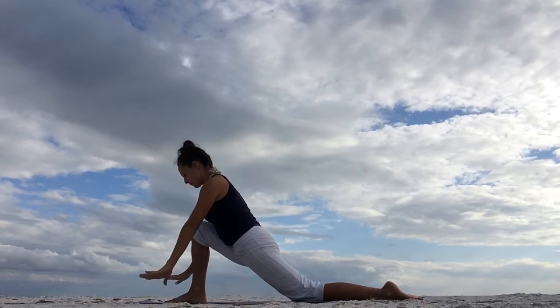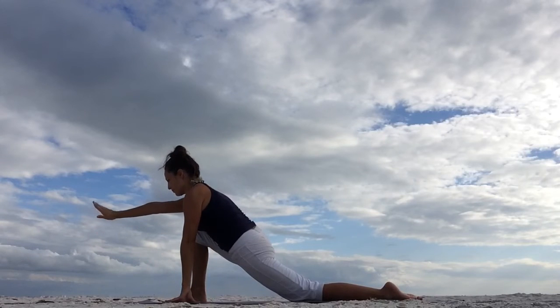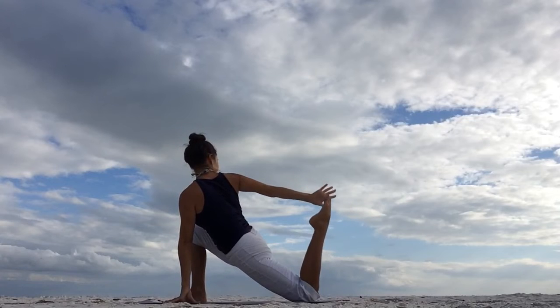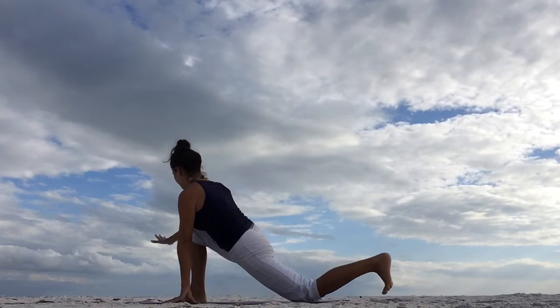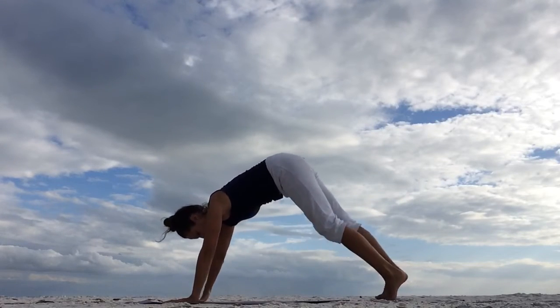Exhale, frame your front foot with your hands. For a quad stretch, reach your right arm towards the back. Bend the left knee, lift your left foot up, and maybe you can grab hold of your left foot with your right hand. Or grab hold of your pants wherever you can reach. Twist from your chest to the right. Take one more deep breath. And release it down, back into a low lunge,